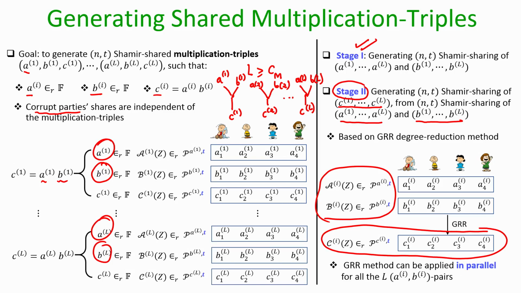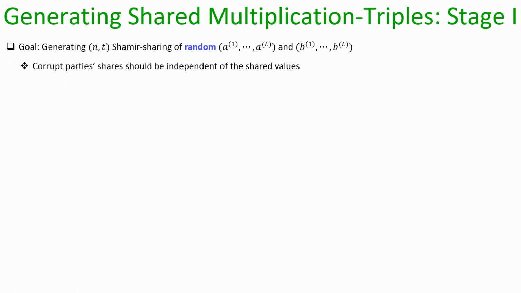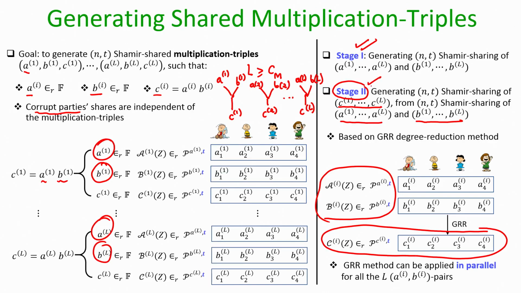But if I prepone all the instances of GRR degree reduction, as I am proposing right now for the pre-processing phase stage 2, then basically I can run all the instances of GRR degree reduction in parallel, and that results in a reduction in the number of rounds. Later on, in the next course, when we will consider the malicious setting, it turns out that by preponing all the instances of GRR degree reduction to this pre-processing phase, we get significant saving, not only in terms of rounds, but also in terms of communication complexity as well. So, that means this stage 2 is anyhow known.